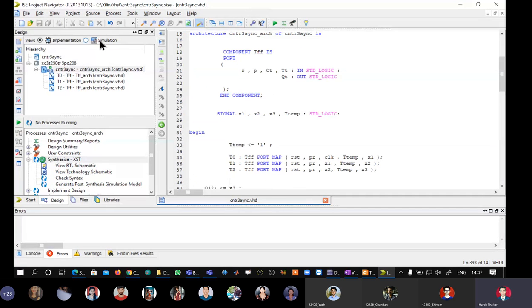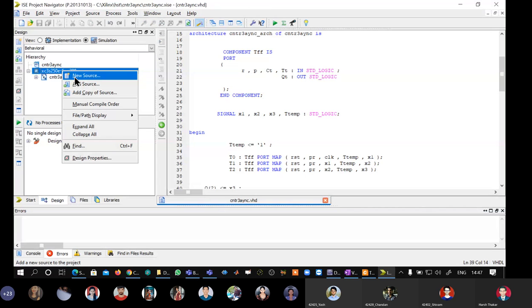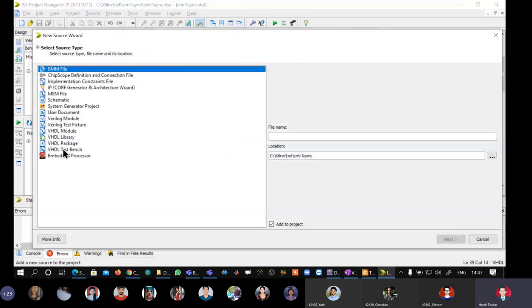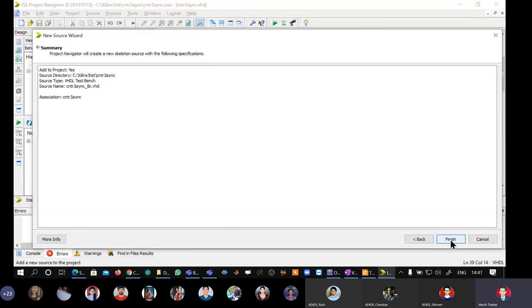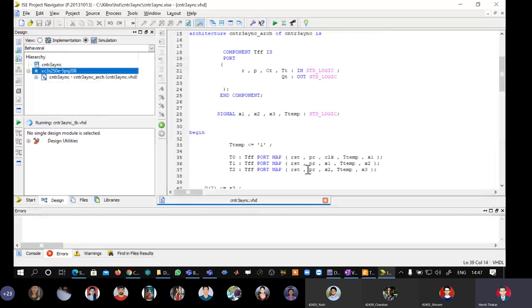Write a test bench now. I want to simulate the parent.